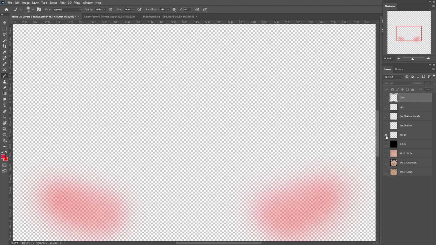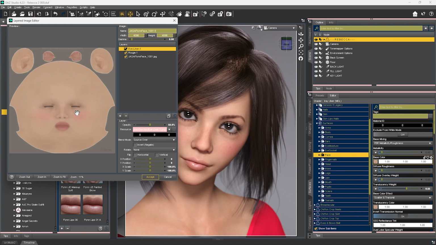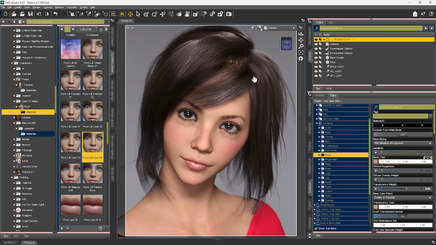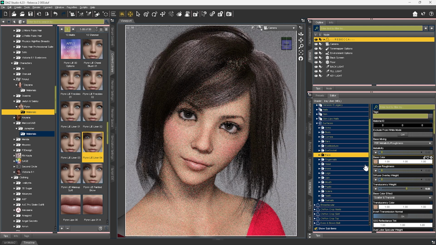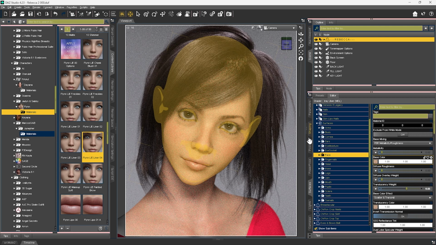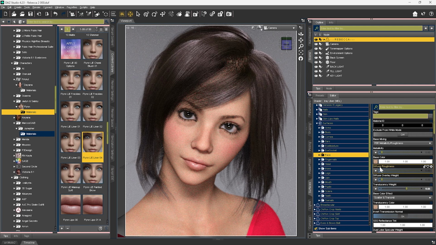So for the rouge, it would be that, and for the liner, you're just saving that on its own, because it needs to have that transparency in order to not overwrite the layers underneath, because each one of these is transparent. Okay, that's basically all we're going to talk about on the layered image editor. We've got her rouge and we've got her liner. The next thing we're going to look at